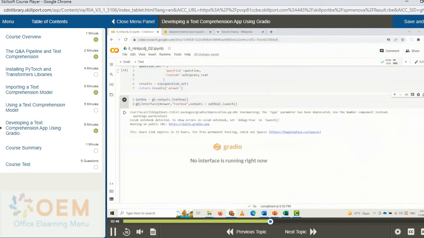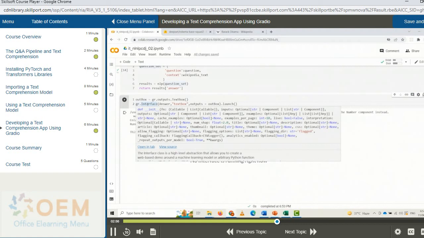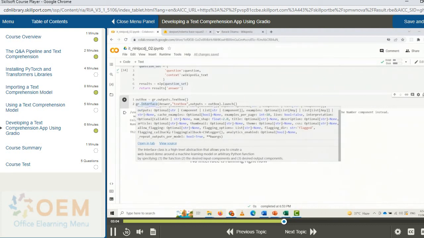Then at line number 2, we are using gr.Interface. Again, this Interface would be a class. In that, we are passing the answer, the outputs, and after that we are launching. The details of the interface are, the Interface class is a high-level